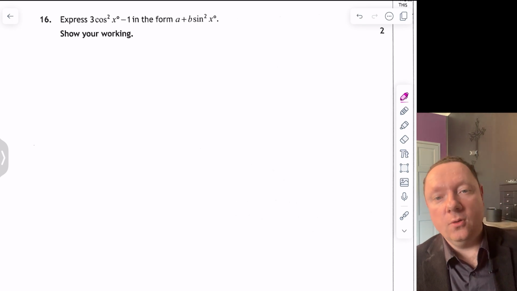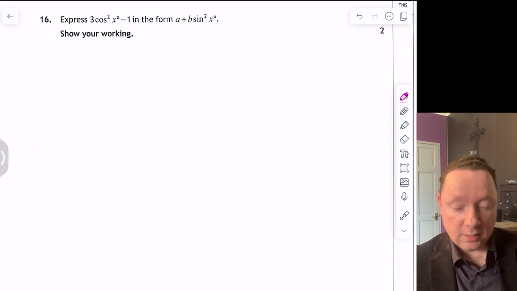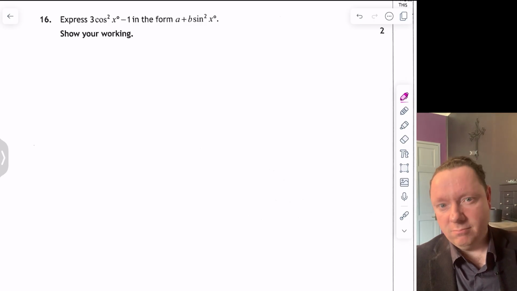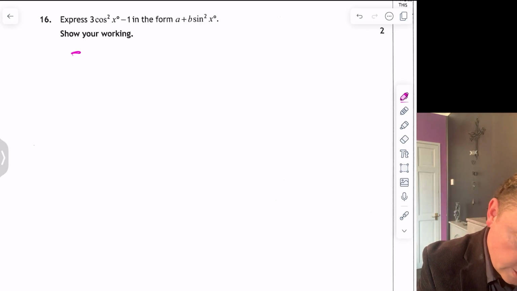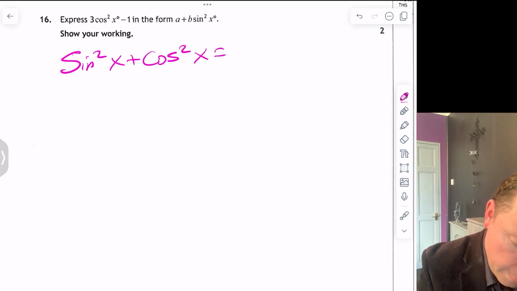There's 2 you need to know at National 5. Sine divided by cos is tan. Well, we've got a squared, so that... Or sine squared plus cos squared equals 1. So we're going to use that. If I've got sine squared x plus cos squared x equals 1,